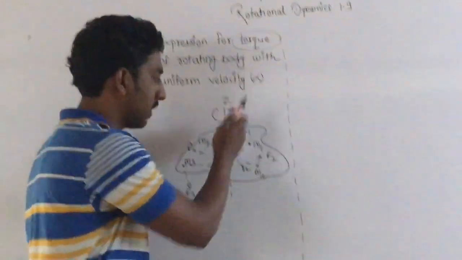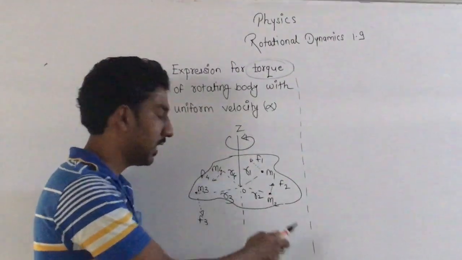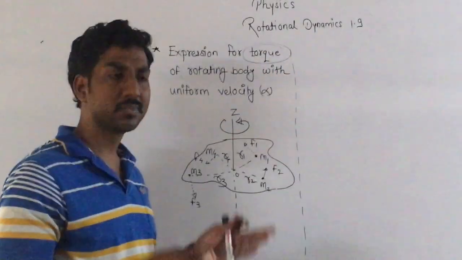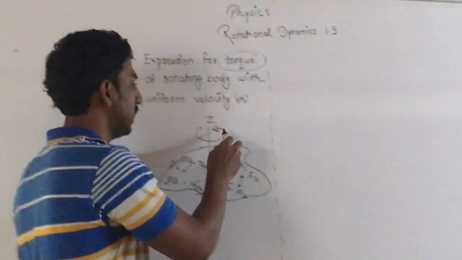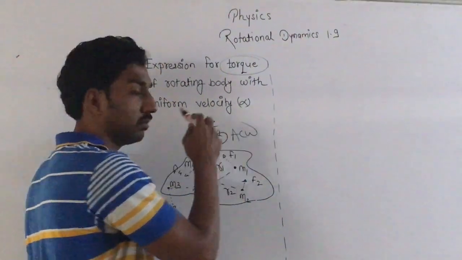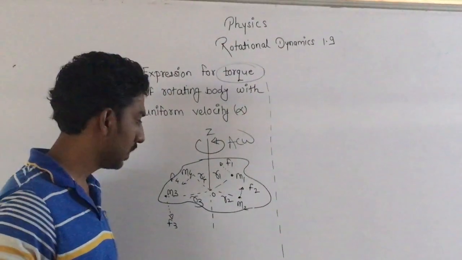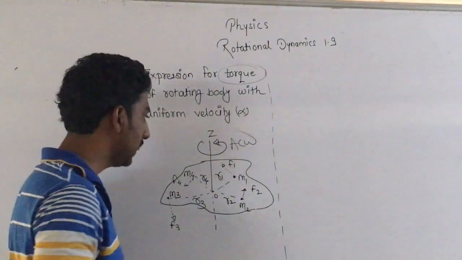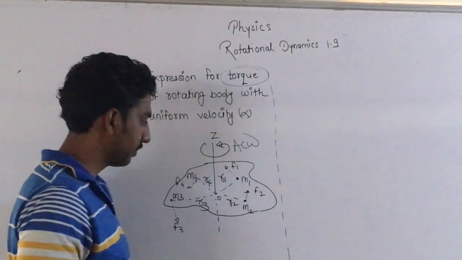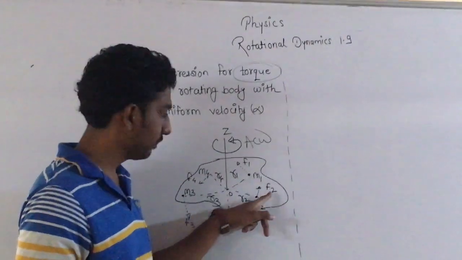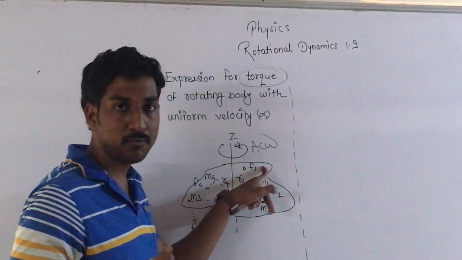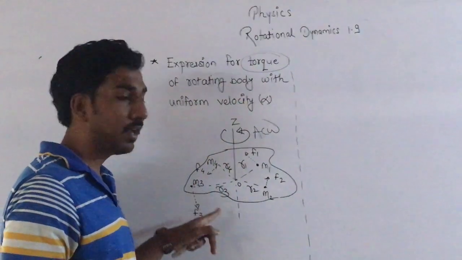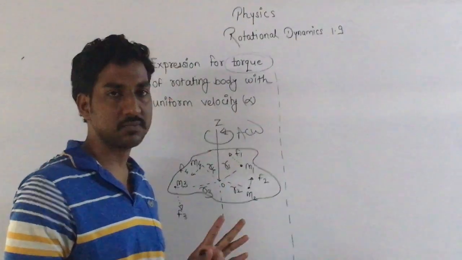Same again. One diagram is there, one body is there, and that body is made up of M1, M2, M3, M4, etc. That body is moving in the anti-clockwise direction, and the rest of the things are the same. But in this case, there is a new thing: the force I have written. On M2 there is F2 acting, on mass M1 there is force F1 acting. Similarly for M4 and M3, forces F4 and F3 will be acting.